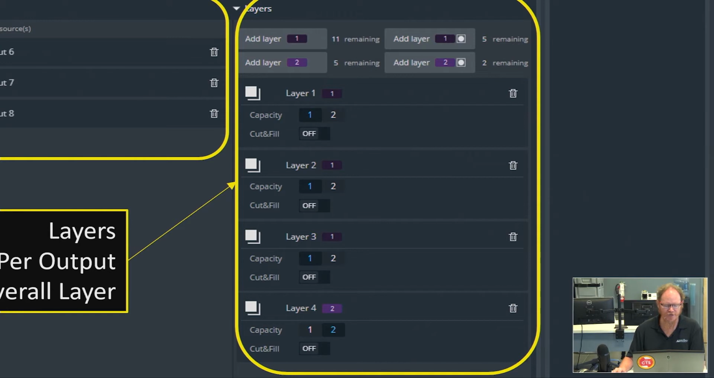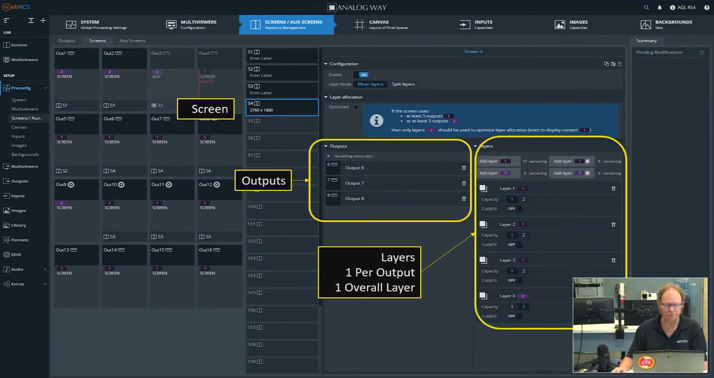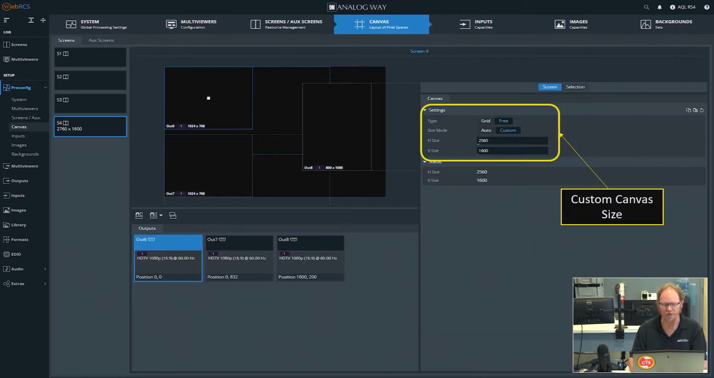So if I bring anything in on layer 4, it's always going to sit over on top of everything, and that's fine because that would be a content piece that's going to stretch across all 3 LED displays. After you assign outputs to a screen and you assign layers to a screen and you click apply, you then go into the canvas,